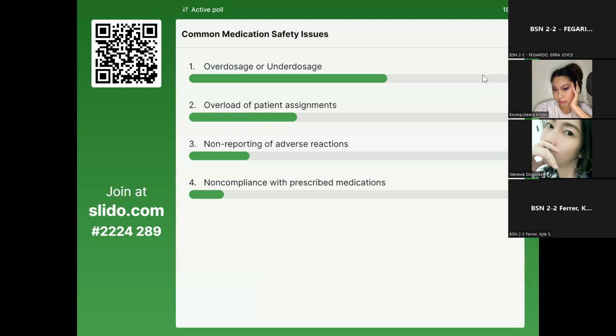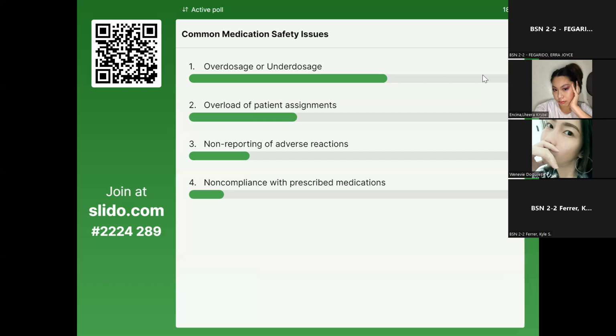Basically, one of the standards based on the DOH Nursing Service Administration Manual is that for ambulatory patients, one nurse can tolerate at least the ambulatory level, not critical level such as ICU or emergency room. Usually they consider 1:6 for critical level patients, but for ambulatory, the nurse may have 1:10. But the overload of patient assignments are the concerns that may risk a problem with medication administration. To what extent?